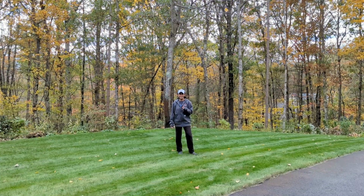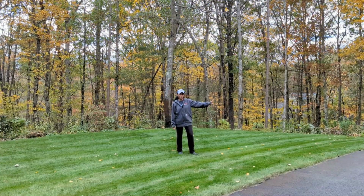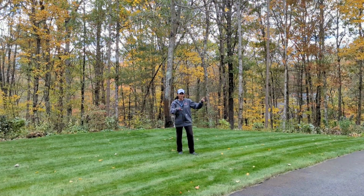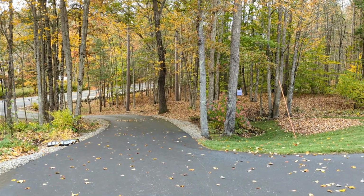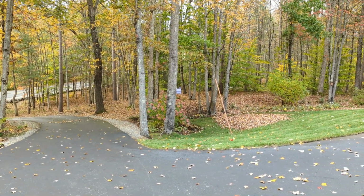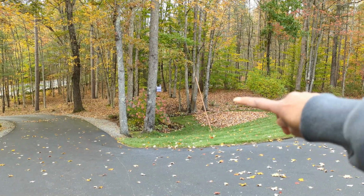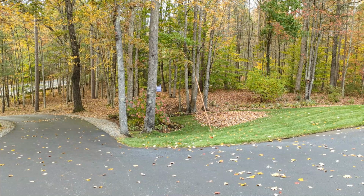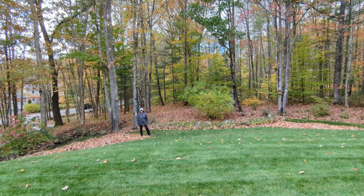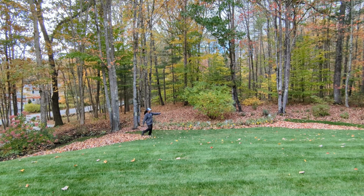What I want to do next is just show you actually what the front lawn looks like where I have a ton of leaves so you can see what I'm talking about. Do you see the leaves? So what I've done is I've blown a whole bunch of the leaves from my front lawn down to a pile over there. Now that pile did not look very big in that other angle shot that I just showed you. Look how many leaves are over here compared to me. And if we go this way,